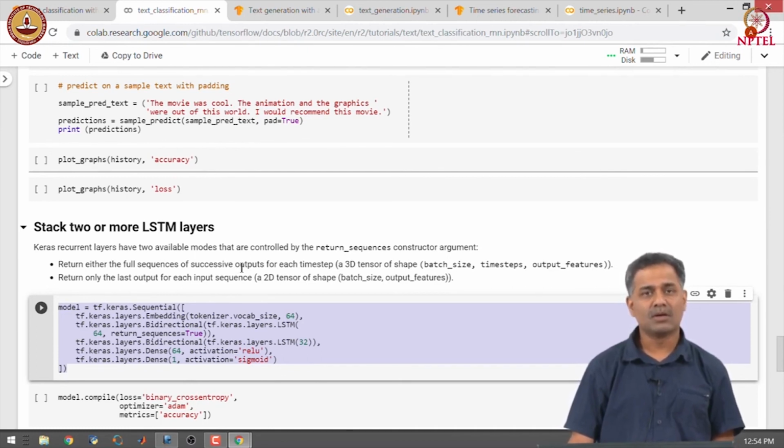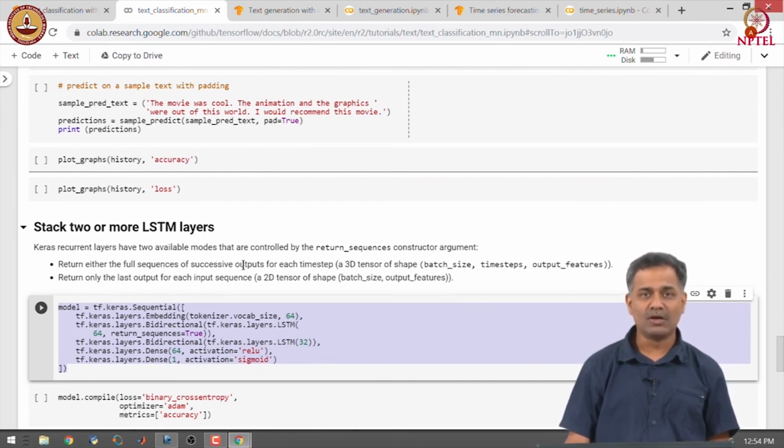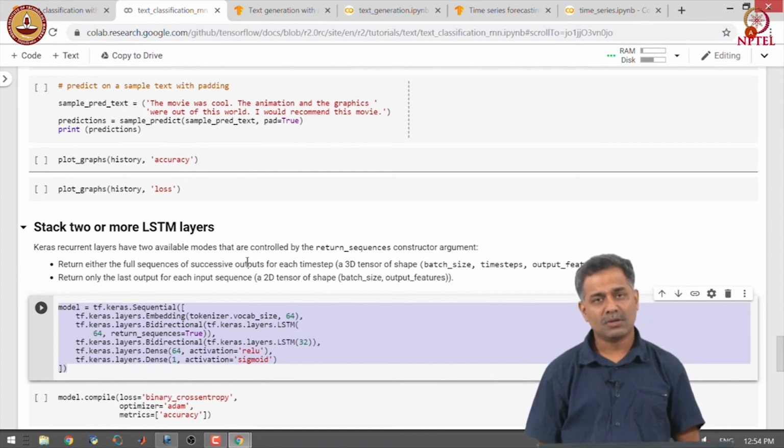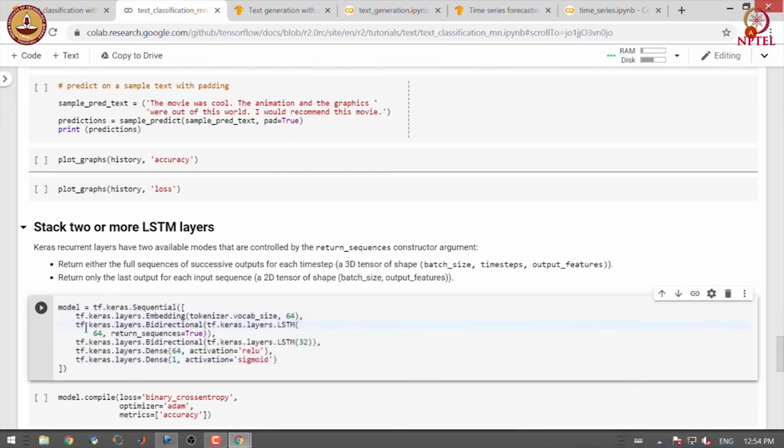Now that we have trained our first model with a bidirectional LSTM, we will try to stack up a couple of bidirectional LSTMs and get a model with more complexity. Let us see how to stack up different LSTMs and obtain a model with more capacity. Here we define the first bidirectional LSTM.